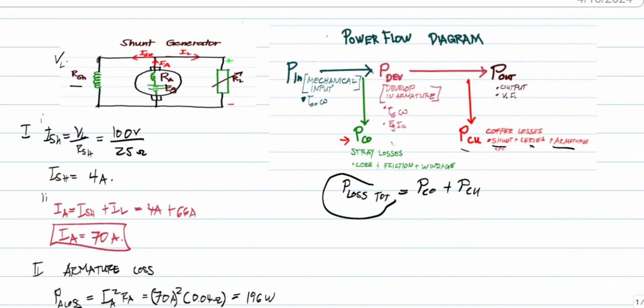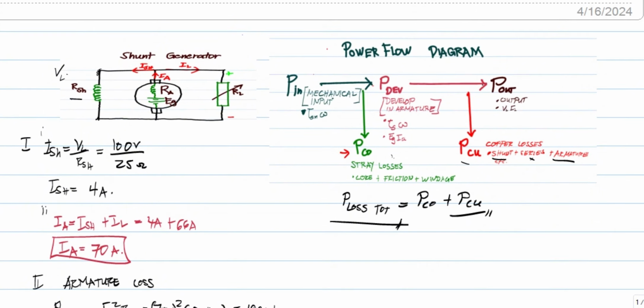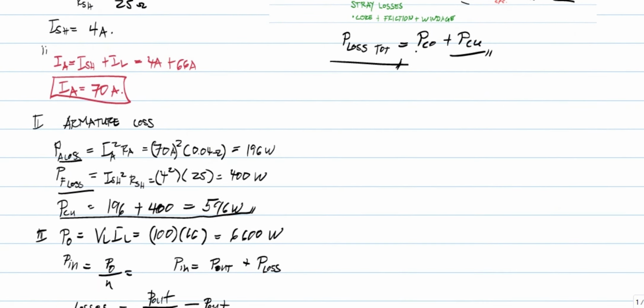Now we have the total power loss and we have the copper loss, so we can now get the core loss. Therefore, the core loss, or the stray losses, the iron and friction loss, which is required,